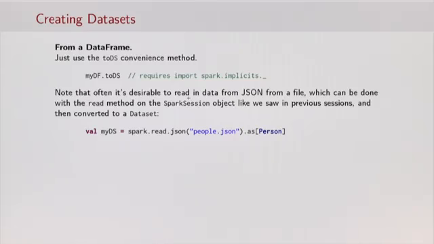Okay, so let's get right into how to create these things. Since Spark 2.0, creating datasets is super easy. You can create datasets from a DataFrame. All you've got to do is call toDS on your DataFrame, which is a convenience method that creates a new dataset from a DataFrame. Though note, in order to use these toDS convenience methods, you need to import this thing called